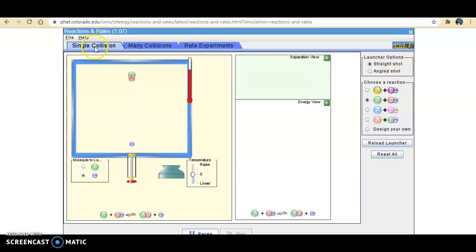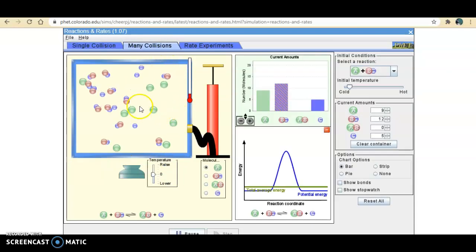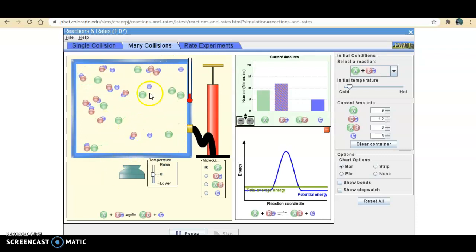Up here, we can see that we have single collisions, many collisions, and rate of experiment. What you're going to be doing is answering questions on a Google form. You will be adding molecules to this window. You can change the temperature down here, and depending on what tab you're on, you can introduce different amounts